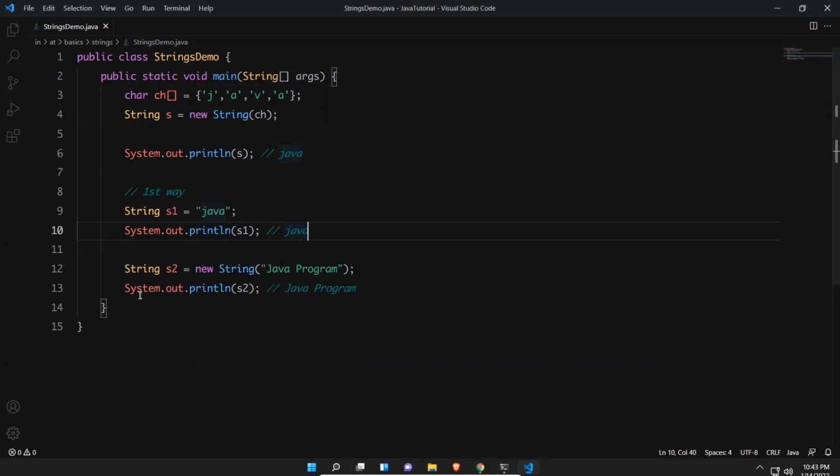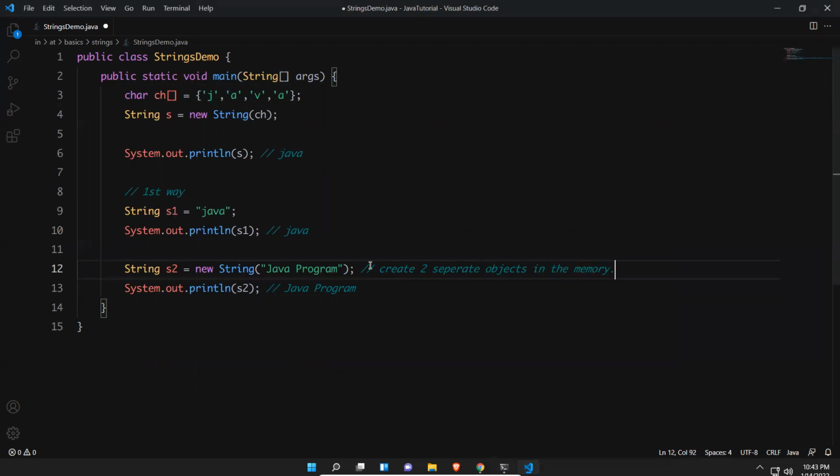The moment you use String s2 = new String, it will create two separate objects in memory.